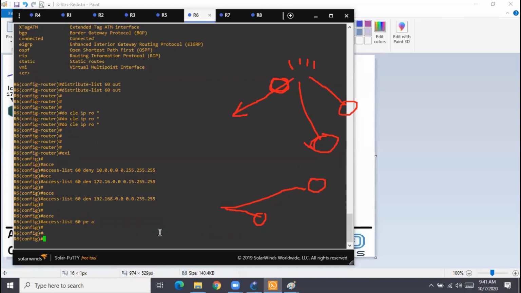Use shortcuts, save time wherever possible. Every single character you type takes maybe half a second, maybe a quarter second. Every second you save in your real exam will help you.